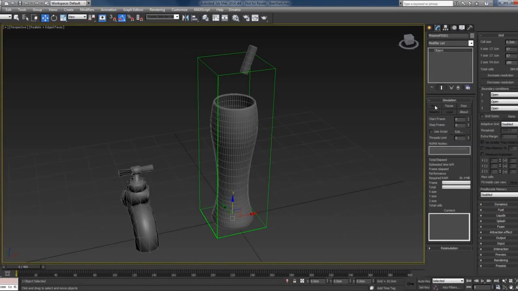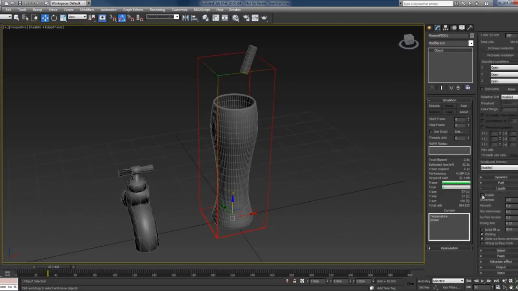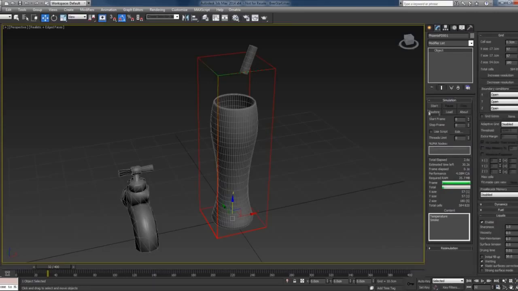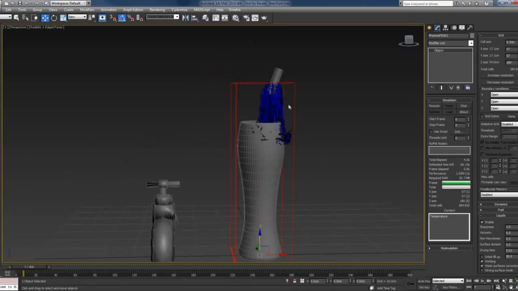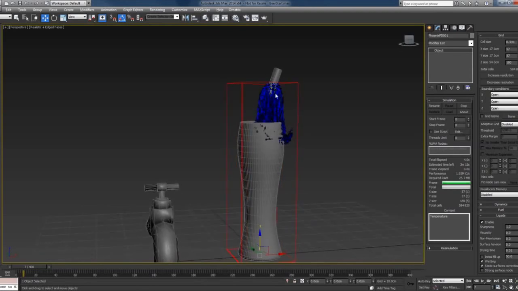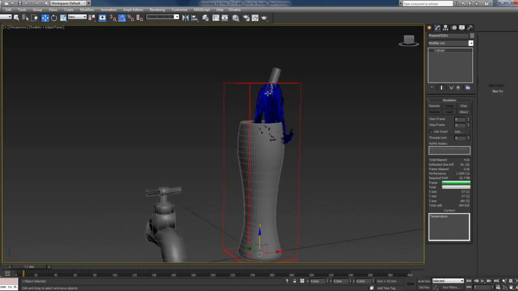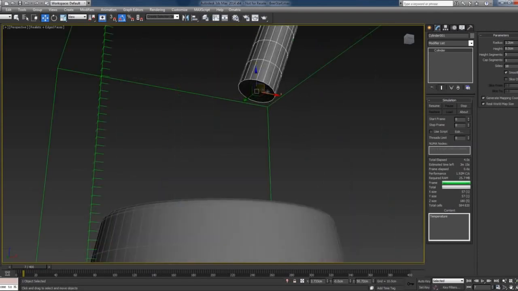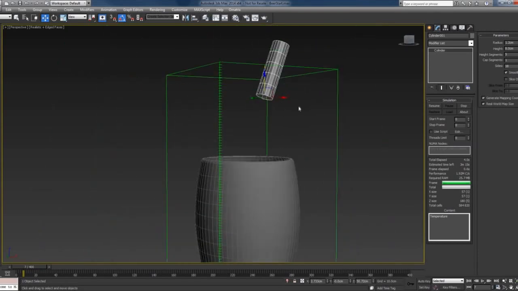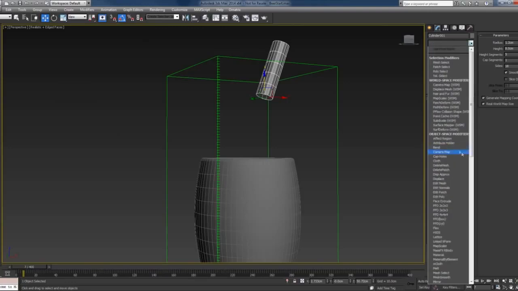I can now press the start button, and nothing happens, of course, because we need to enable the liquids. So go into the Liquids tab, press the enable button, and again press the start button. You can see now that the liquid starts flowing, but you can also see that the liquid is being generated on all of the faces of the emitter, and I also want it to be created at this bottom face. So I'll just add an Edit Poly modifier,